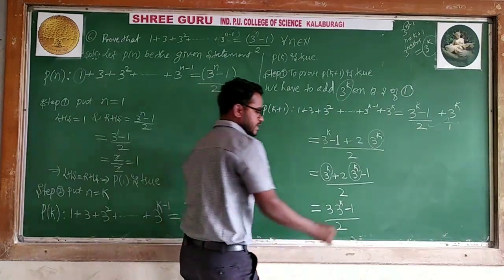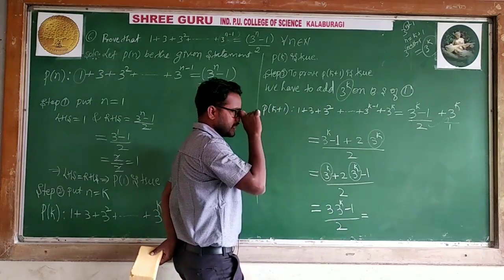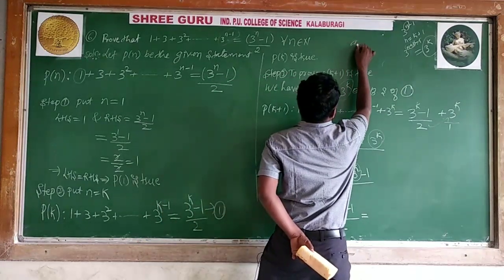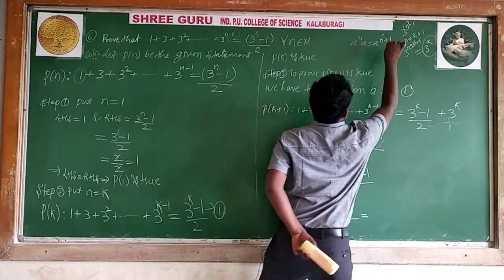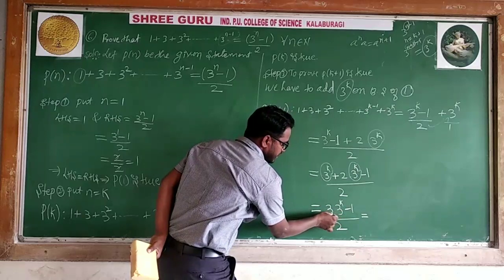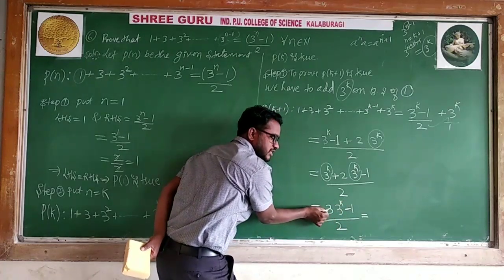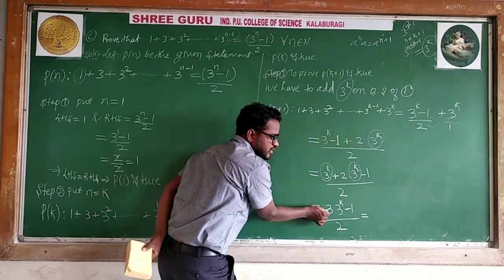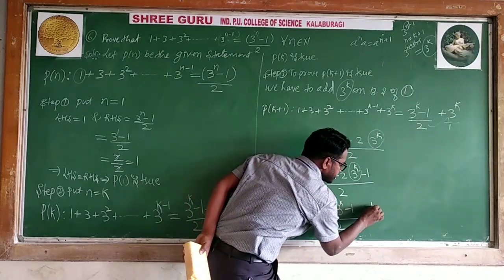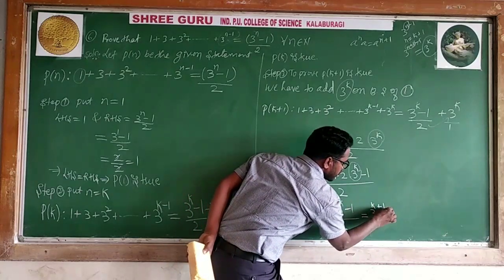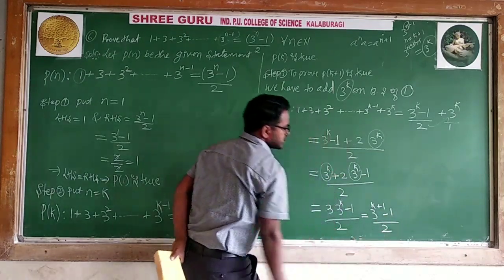Are you getting? Now it implies that bases are same, powers are added. I said in the case of base term, a to the power n into a is a to the power n plus 1. Like 3 to the power k into 3. Bases are same means powers you can add. 3 to the power nothing means 3 to the power 1 will be there, so 3 to the power k plus 1, minus 1 which is already here, divided by 2.